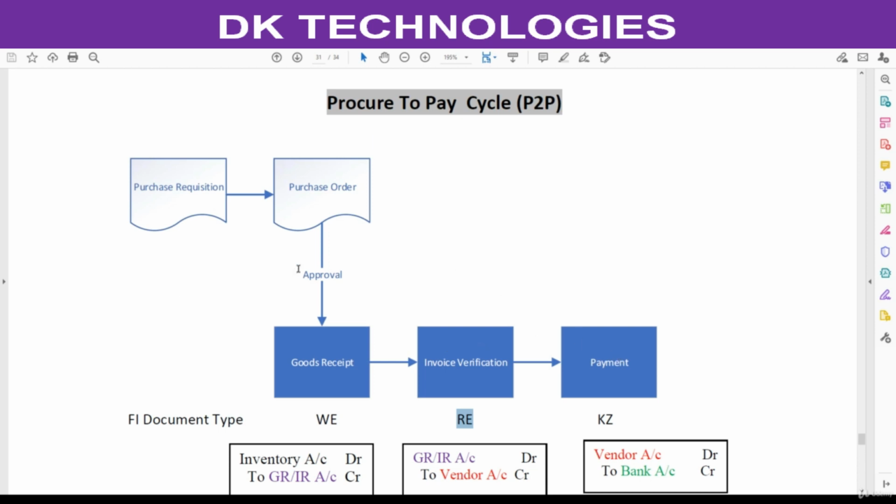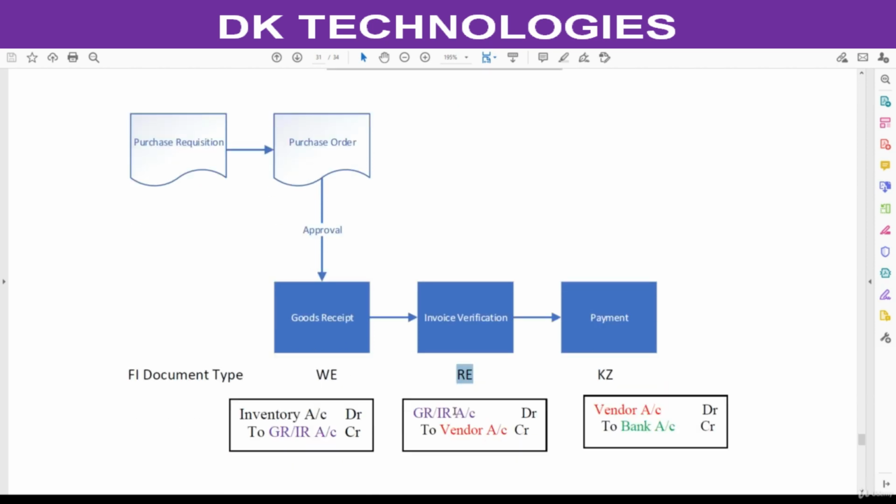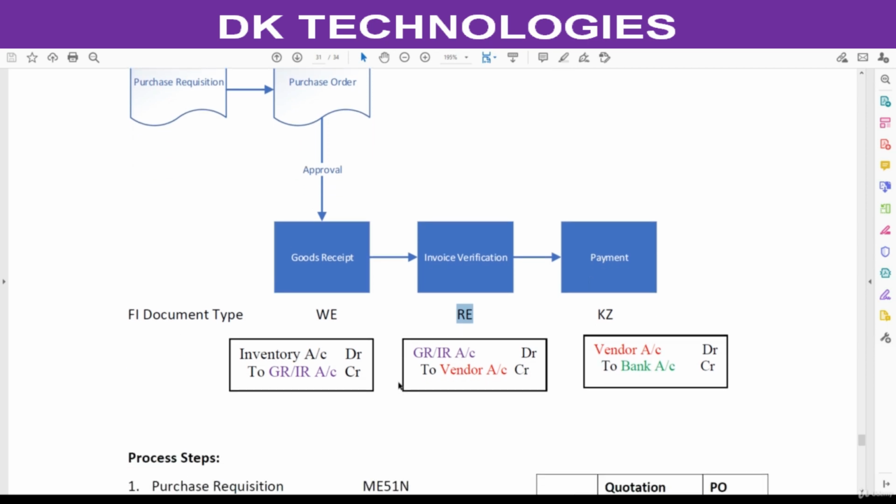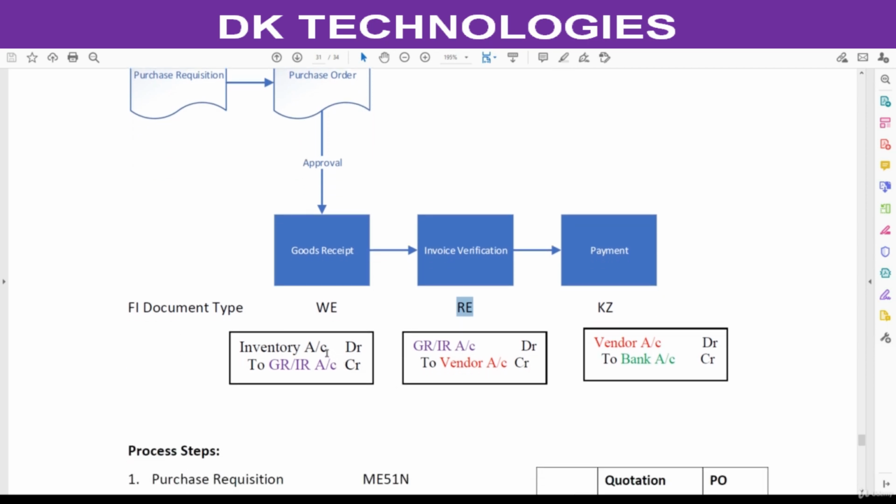If you have any approvals, you need to approve the purchase order as well. Here I didn't mention anything about quotation because we are going to understand that in a separate topic. When we reach that topic, then we will understand it. Whatever entries are mentioned here are for your reference and for understanding this business process flow in a better way. If you know the entries, you can exactly understand what is happening.